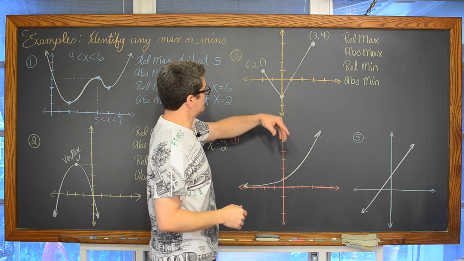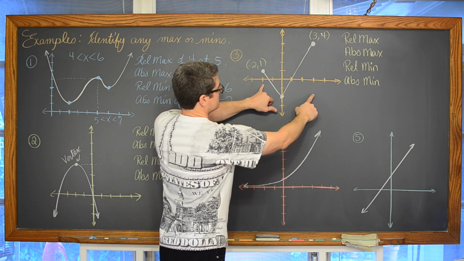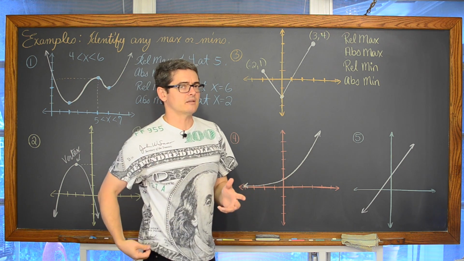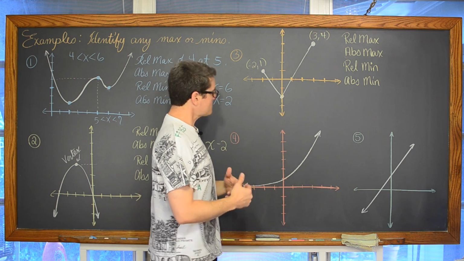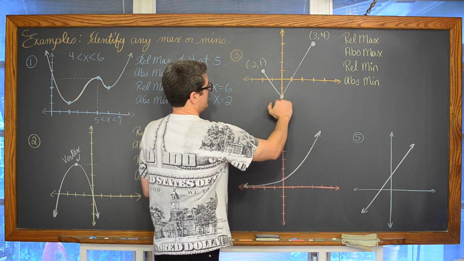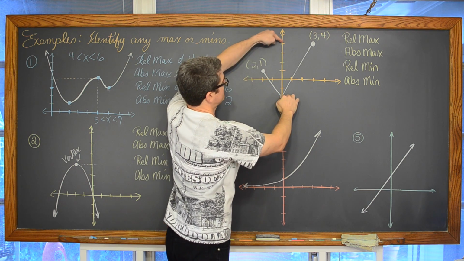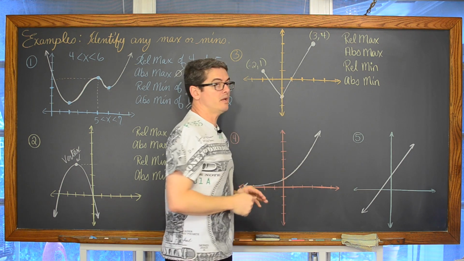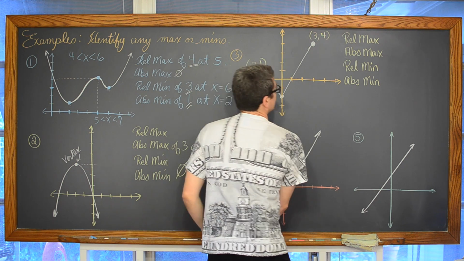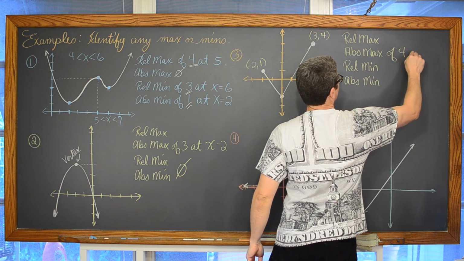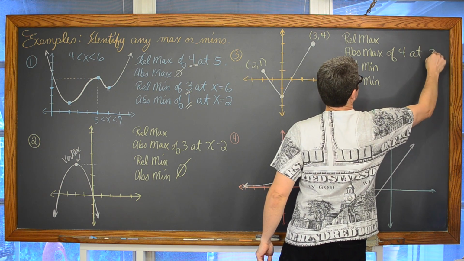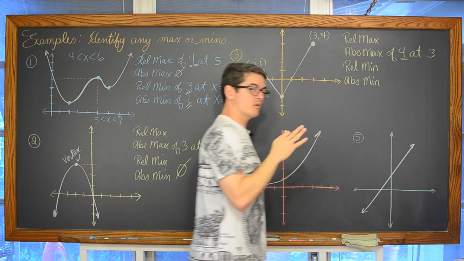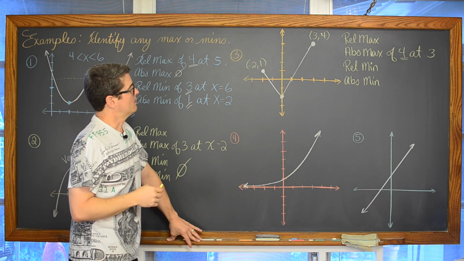And by the way, the domain of this function is from negative 2 to positive 3, including those values. And the range, I have another lesson about identifying domain and range from a graph, which I'll put a link here if you need help with that. The range goes from -2 up to +4. And within that domain of -2 to +3, 4 is the biggest y value. So we have an absolute max of 4 at x equals 3. And again, that 4 is the maximum value that we're concerned with. I'm just adding a little extra information about where it's at.